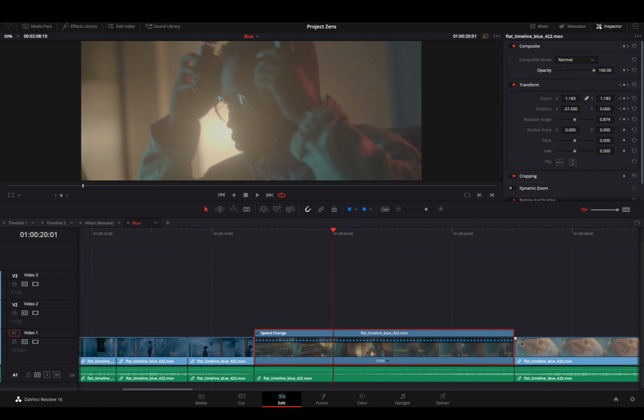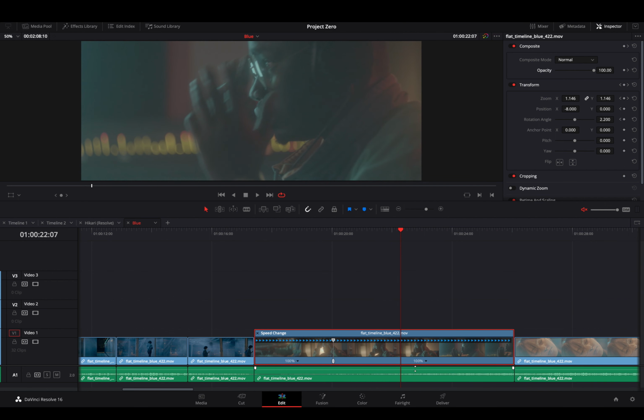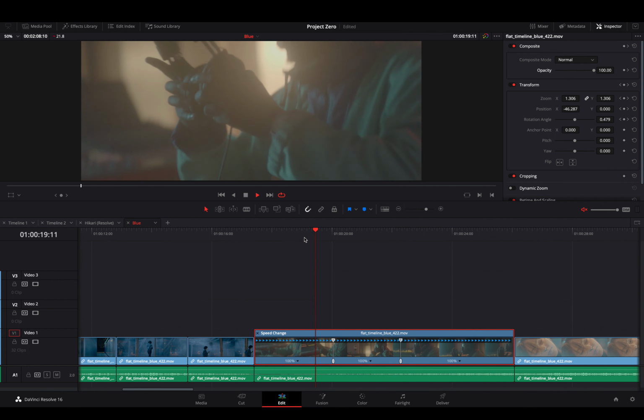I have a 100% clip right there. I can press there and change how fast it is. I can also place speed points, even more than one. And if I want to do speed ramps, this one is great because I can say, okay, start to 100%,